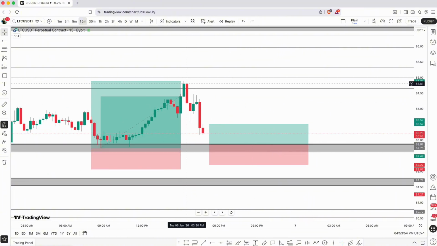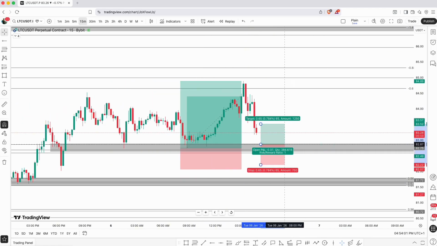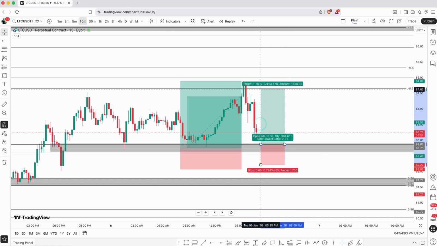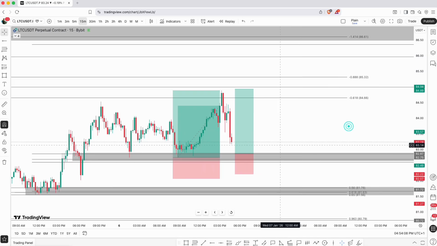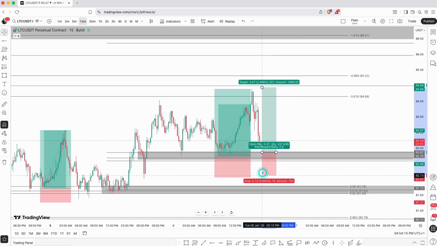Or I'm looking for an engulfing candle, just like you see here. We had this candle engulfing this other one, and that is just a sign of reversal, right? So that's the pattern I'll be looking for. I'll be looking for candlestick patterns right here, and I'll be targeting another 1 to 3 from here. And until we break this high and create a new high and create a new low, that's what I'll be